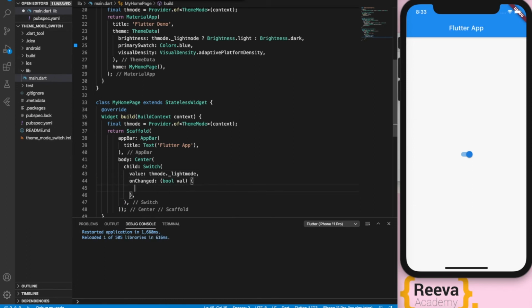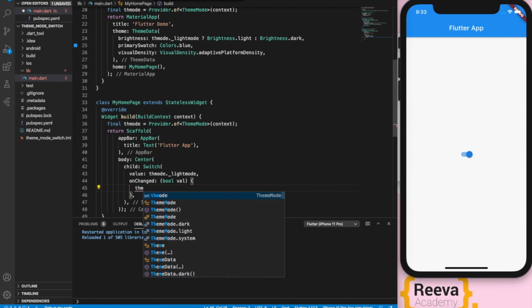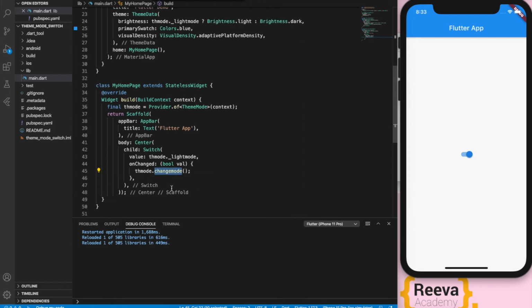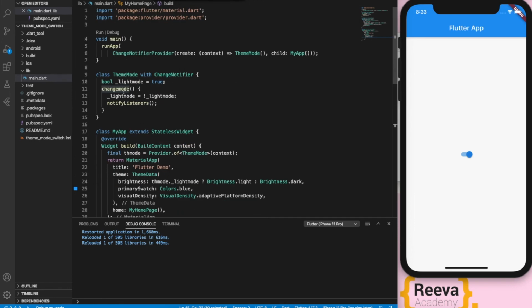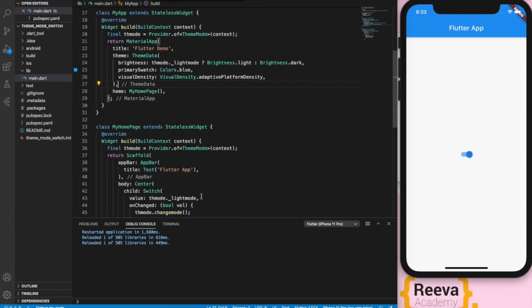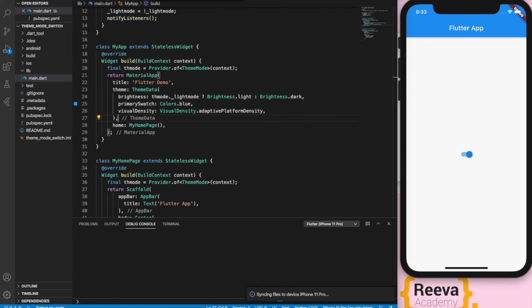Then we will go to the onChanged function, and over here we will call the function we made in our provider class, changeMode. This will simply change the value from true to false or false to true. We have already written notifyListeners, so it will notify the wired widgets accordingly.